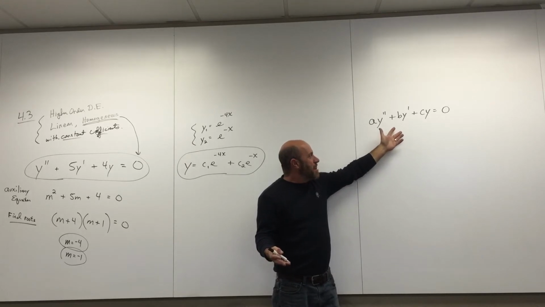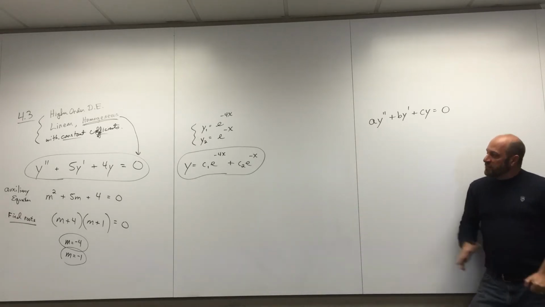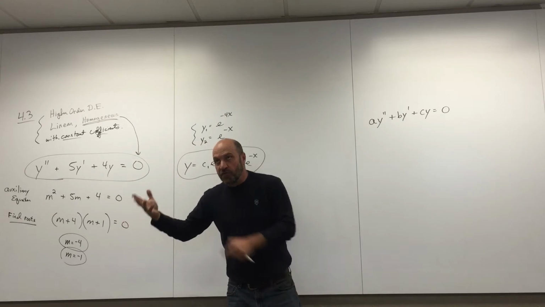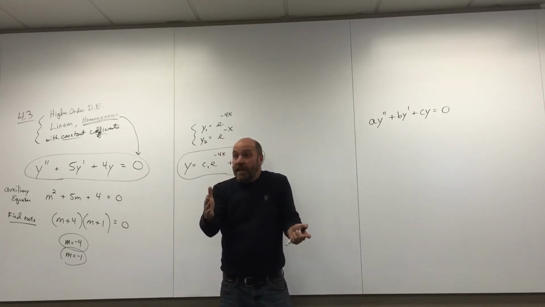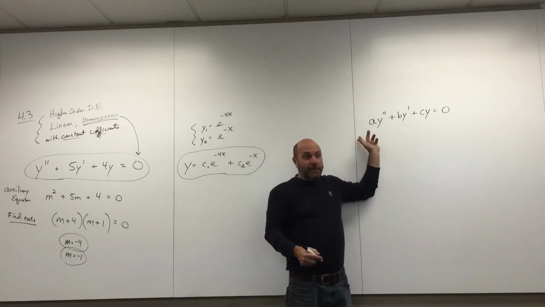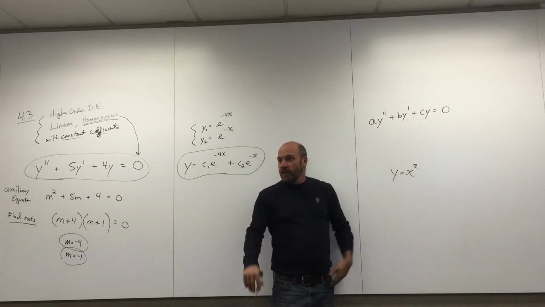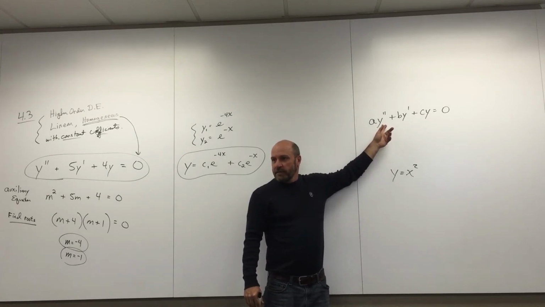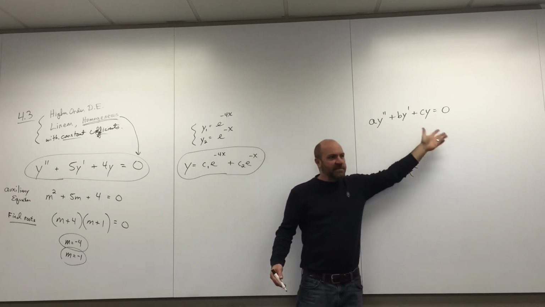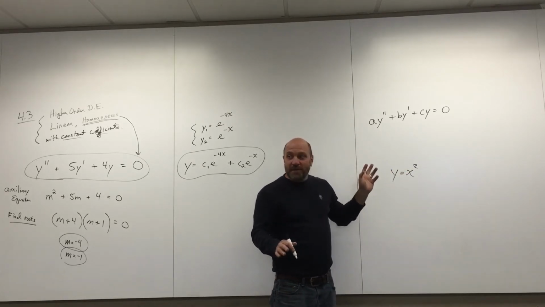You already saw an answer, so maybe you know the answer. But pretend you didn't see the answer. What kind of function can you take derivatives of, and then the derivatives look like itself enough so that when you add them together, you can get 0? I mean, if my function was an x squared, you see how no way that would work, right? The function's an x squared. The derivative is an x. The other derivative is a number. Are those going to add up to be 0? Maybe a sine or a cosine does work sometimes in here,